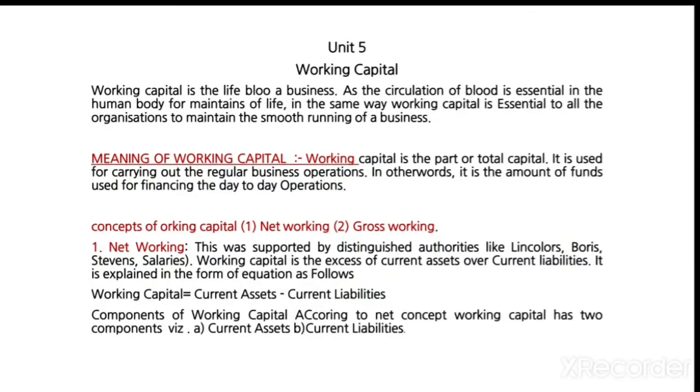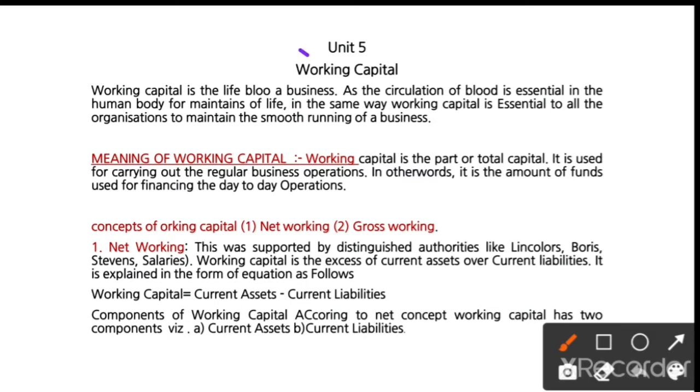Dear students, in today's class, we are going to discuss unit number 5, that is working capital. Before going to discuss unit number 5, in the previous class, we had studied the different types of problems on cost of capital. Basically, cost of capital is divided into two types. One is specific source, and another one is WACC, the weighted average cost of capital. Based on the weighted average cost of capital and also specific sources of capital such as cost of debt, cost of equity, cost of preference, we already studied different types of problems. Whatever homework I had given, please keep practicing, and it will make the concept of cost of capital clear.